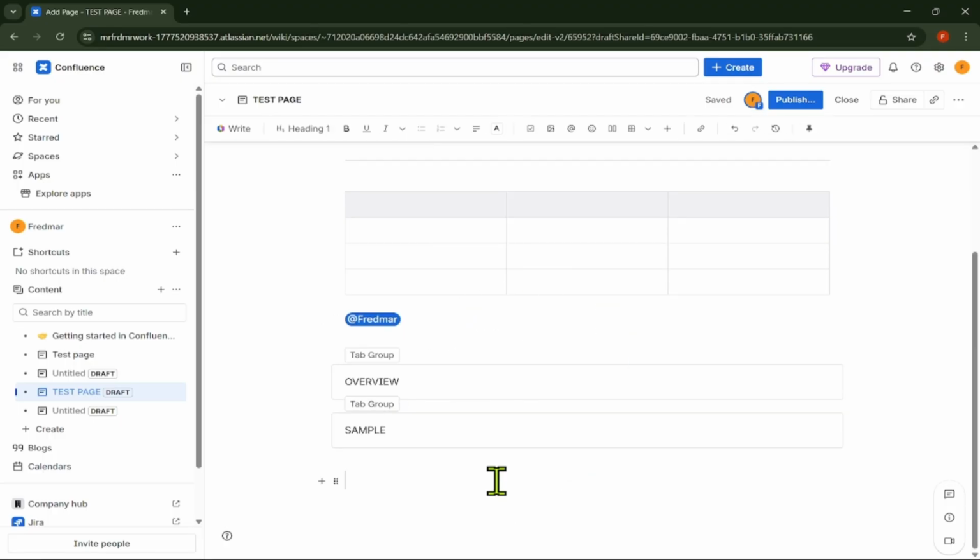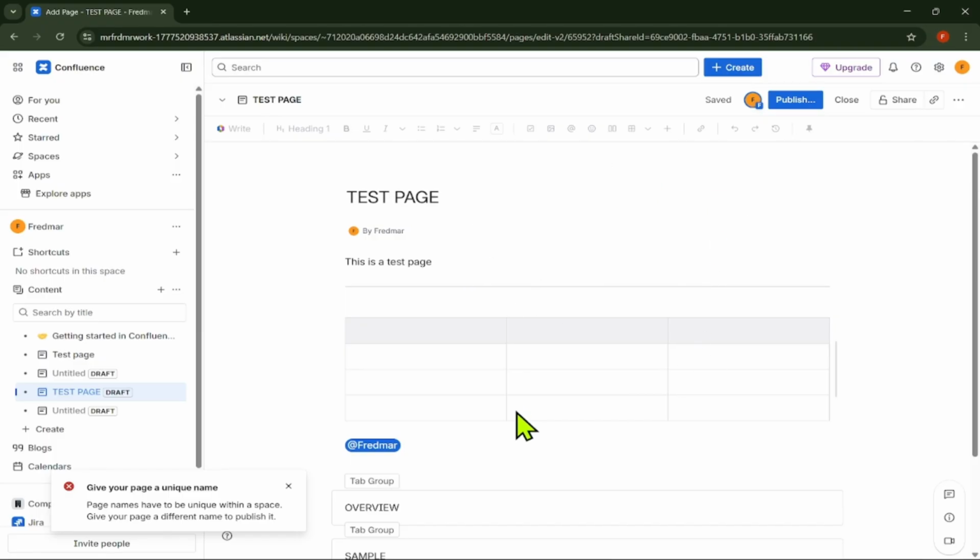Once your tabs are ready, click Preview if available. Check that each tab opens correctly and the content is easy to understand. Finally, click Publish or Update to save the page, and that's it. You now know how to add tabs on a